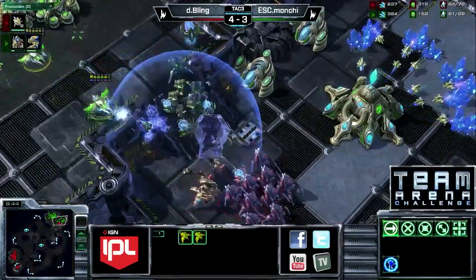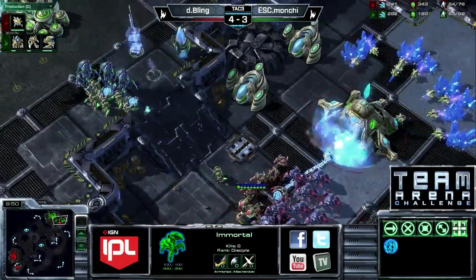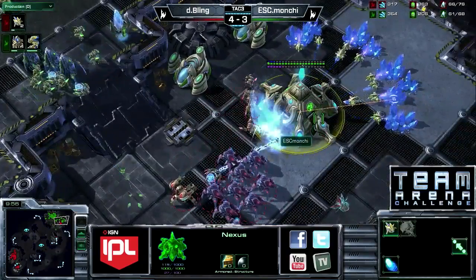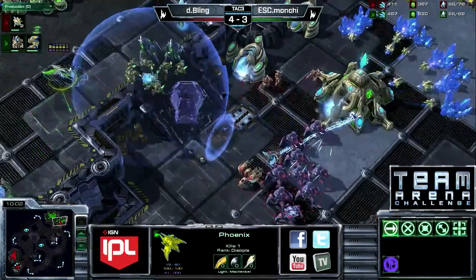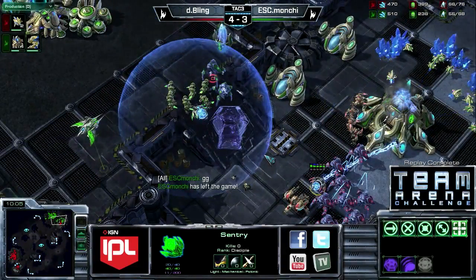One of them goes down. Actually, the hurt one very, very quickly. The other 2 have lost their shields now, and BlinG just kind of pressuring his way through the force fields, and he will be able to take out this Nexus at the very least. Yep, Monchi did a good job of picking up the sentry. There he goes, finishing up the last one. He wasn't able to pick up all 3, so another force field goes on the ramp, and GG! Wow! ESC.monchi